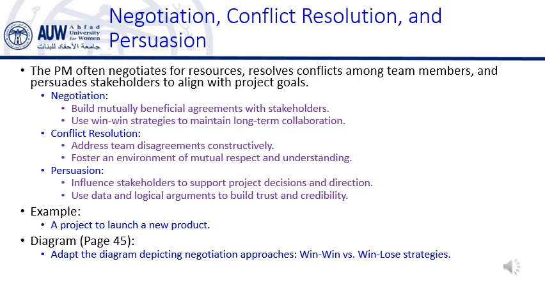Key aspects of conflict resolution. Identifying the source of conflict. The first step is understanding where the conflict comes from. It could be a misunderstanding, miscommunication, or differing priorities. Finding common ground. The PM works to find common ground between the conflicting parties. This might involve facilitating discussions and making sure everyone feels heard. Implementing a solution. Once a common understanding is reached, the PM must help find a practical solution that resolves the conflict and moves the project forward.